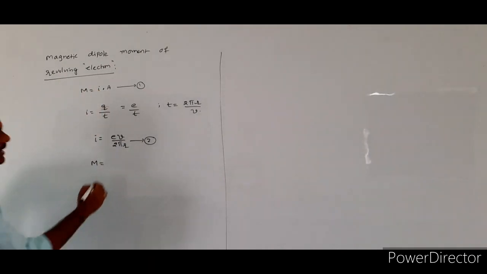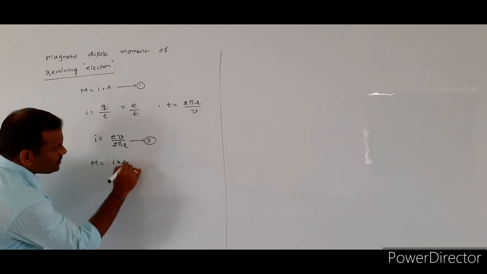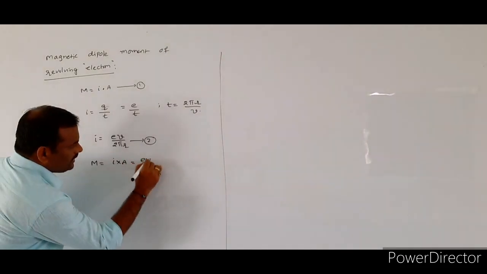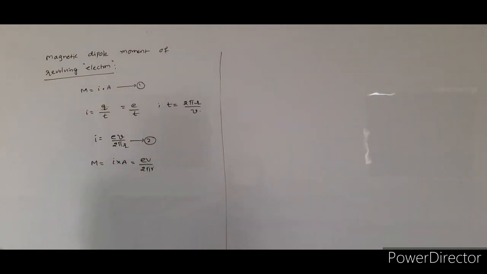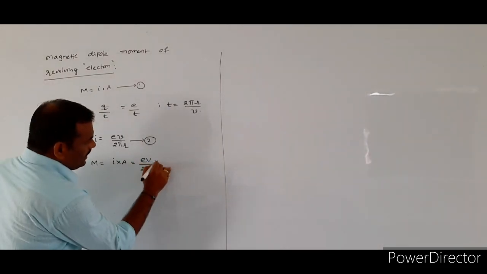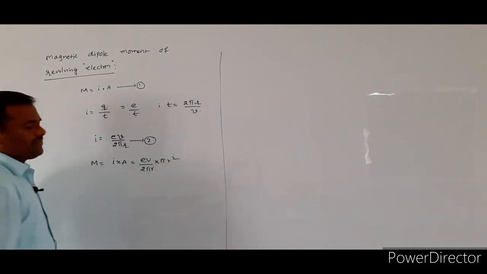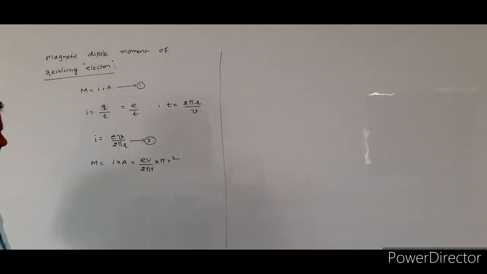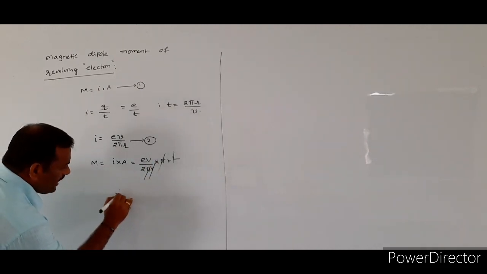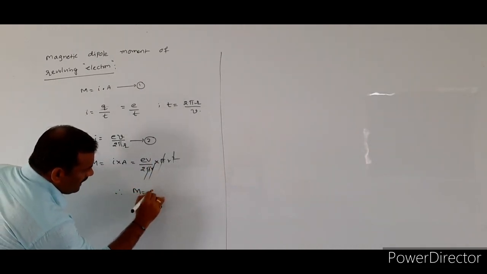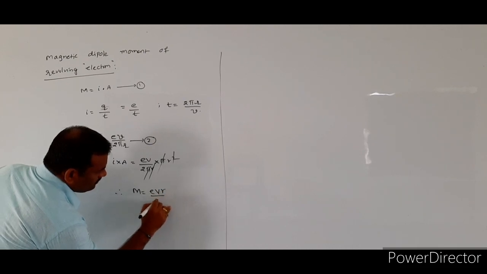What is the general formula? I into A. So here the I value is EV by 2 pi R, and the area value is pi R square. So pi gets cancelled, R gets cancelled. So finally you get the magnetic momentum of the